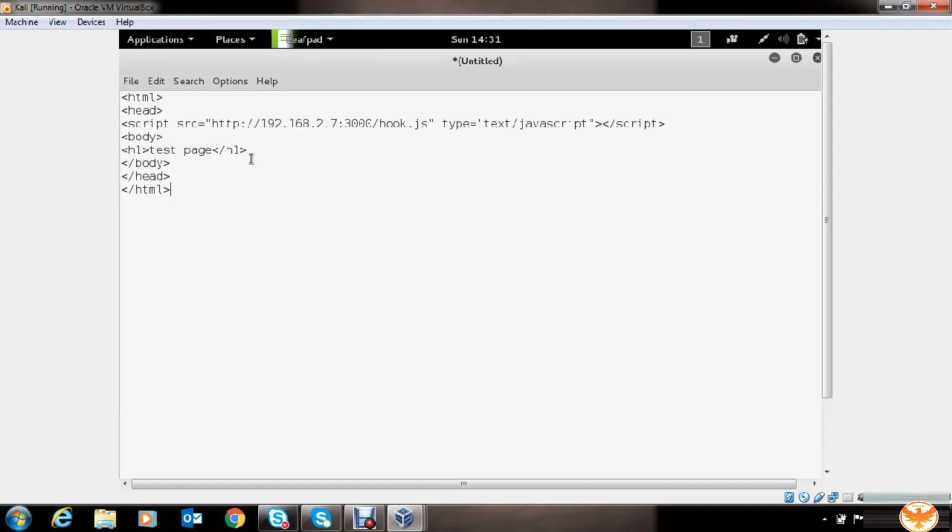Now we have our HTML page ready. You can use this script tag to inject into any page controlled by you in order to trick the victim